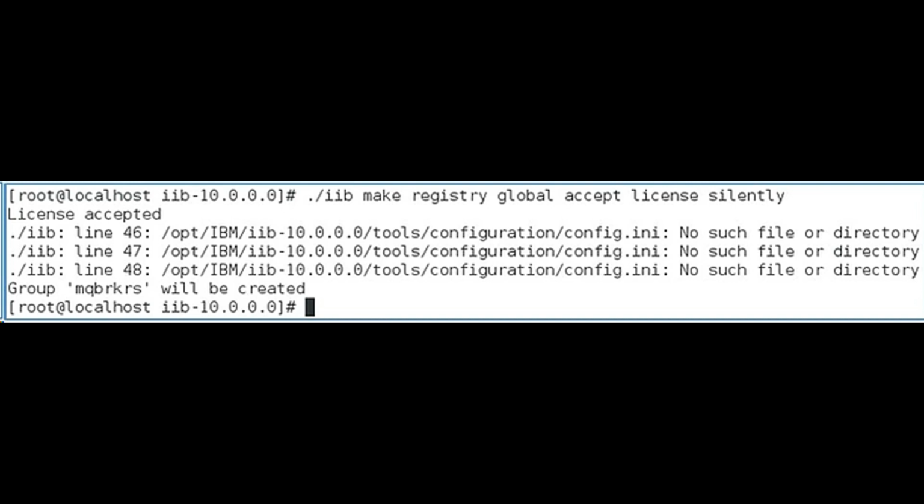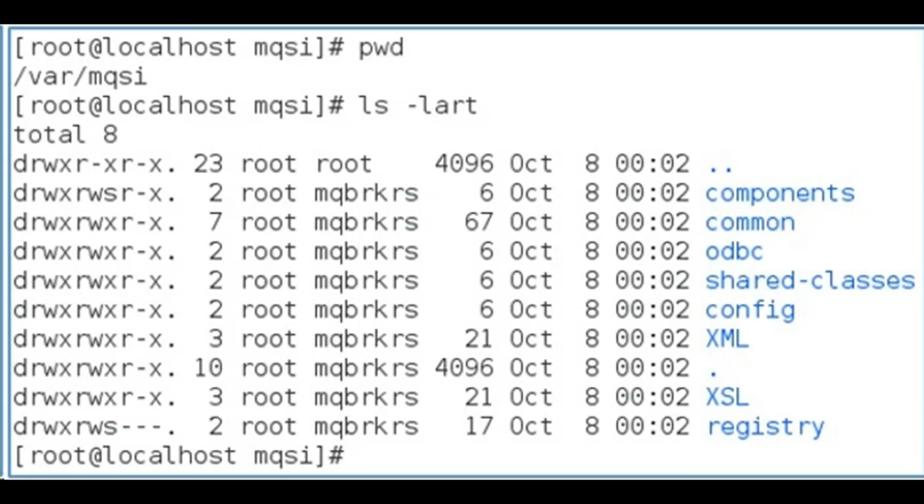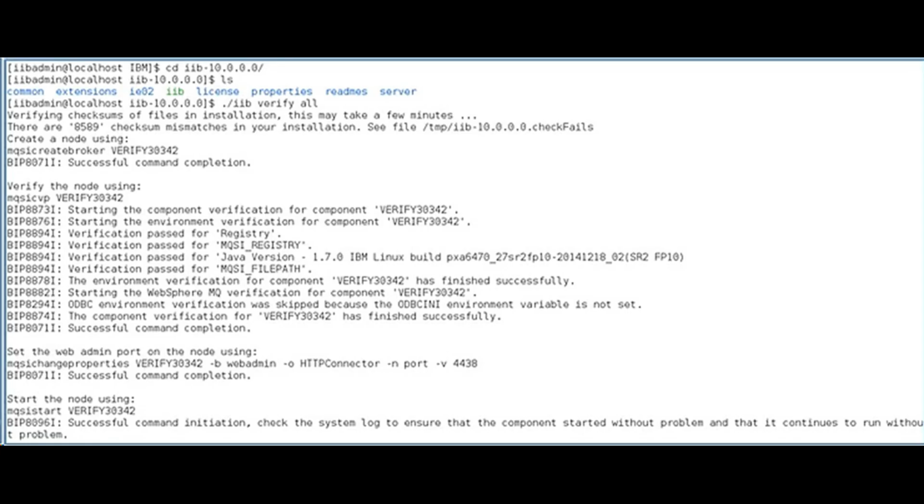For example, if you double click on an exe in Windows, what happens? Some files will be placed under program files, some will be placed under application data /IBM folder, some will be placed under, not the files but entries will be made under the registry. So there are multiple things that have to happen.